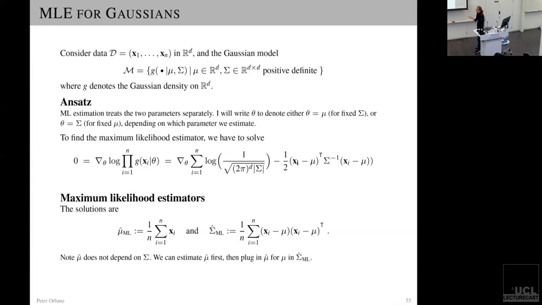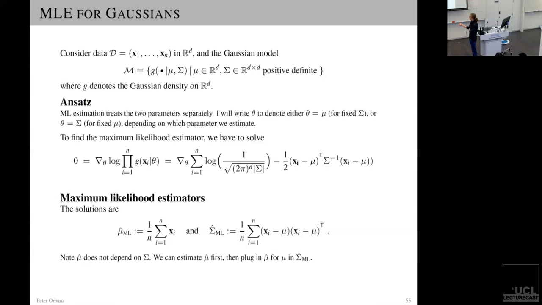If we apply the log here, we just pull it through, and then we get the sum of the logs of Gaussians. Applying the log to the Gaussian density, we get this term here. This part comes down from the exponential, and this is the constant up front, the normalizing factor. Okay, and now if you go through that and do the math, as they say,